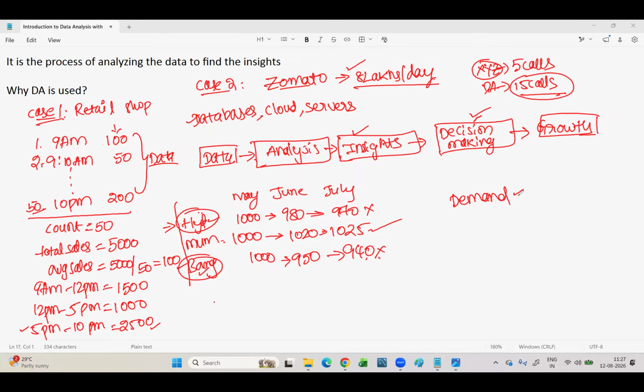That is the main thing I'm talking about, demand. Not only demand, you need to look at more. That is one of the main reasons. One more thing I will tell you is good career growth. What is good career growth?